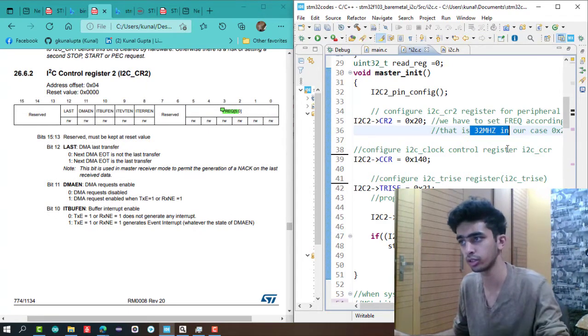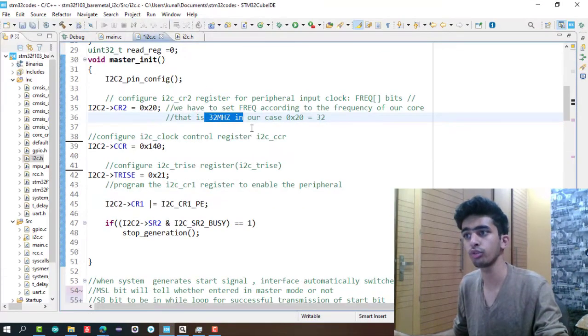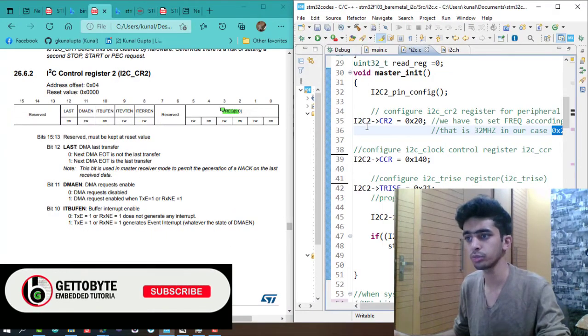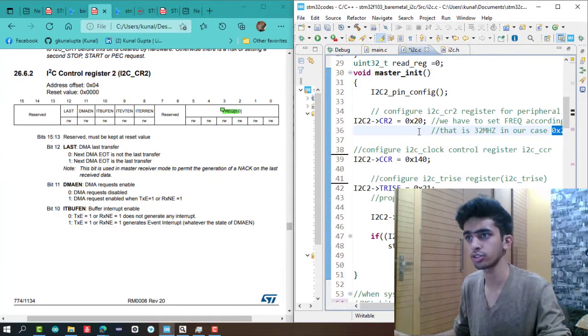I am going to configure my microcontroller at 32 megahertz, so 32 in hexadecimal is 0x20. I have directly configured my I2C CR2 as 0x20. That means the input clock frequency to my I2C peripheral will be 32 megahertz.